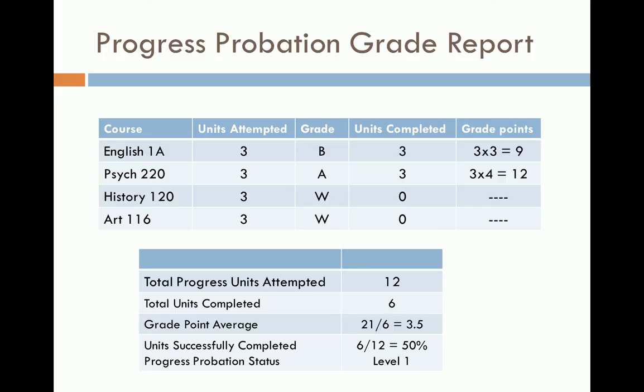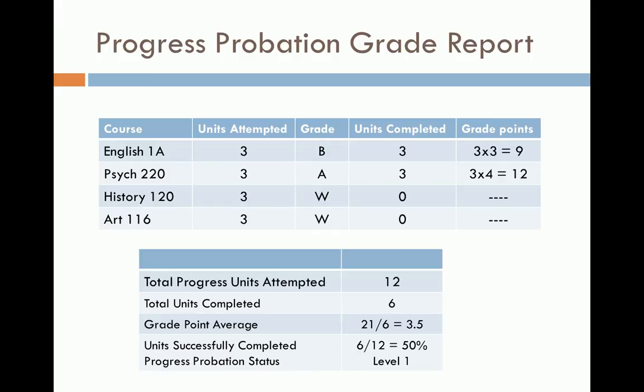Using this example, you can see that this student withdrew from 2 3-unit courses. Only 6 units out of 12 units, or 50%, were successfully completed. So even though this student earned a 3.5 GPA due to their successful grades in English 1A and Psychology 220, they will still be on progress probation due to only 50% of the units achieved with successful grades of A,